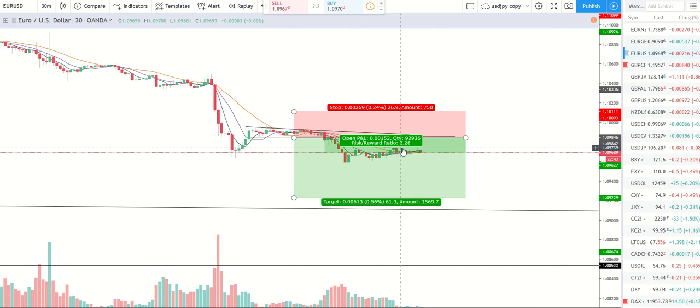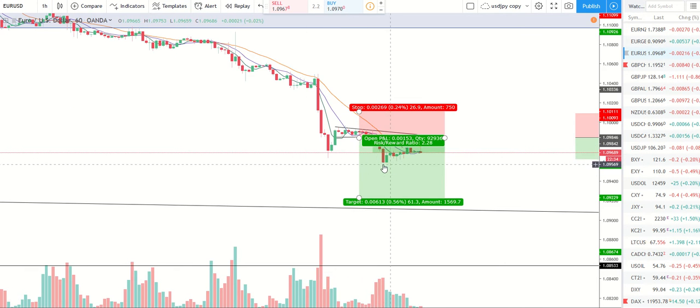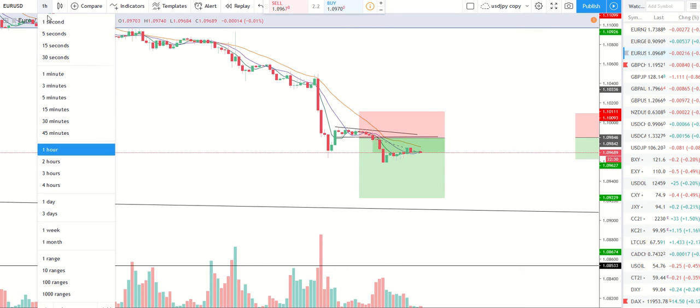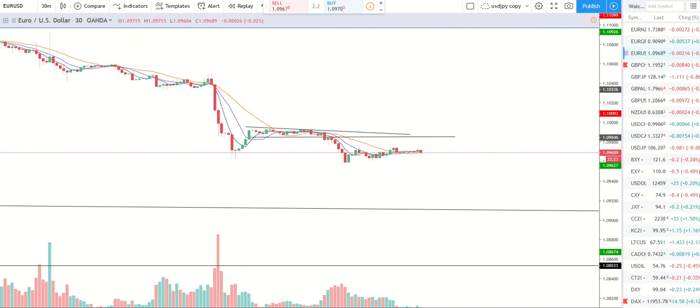Yeah, so this was the initial thing I was looking for. When I saw this happen here, I actually took off a little bit of the trade. We took a little bit of profit, and then this was where I took